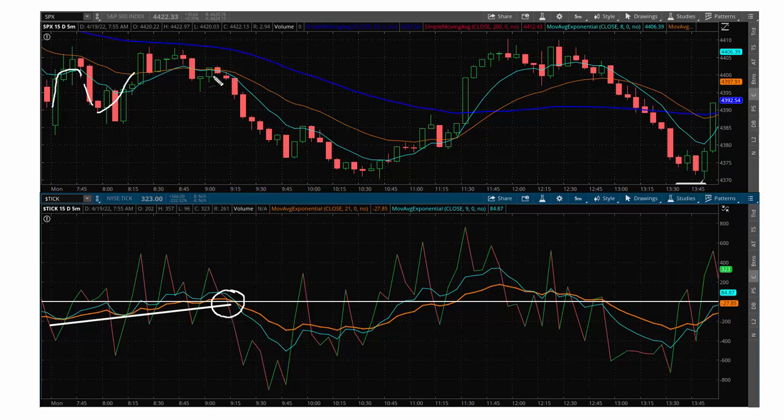But then the trend line breaks, and as the trend line breaks, you can see that's when the market heads south also. Okay, moving forward in the day, you have the S&P putting in a lower low,